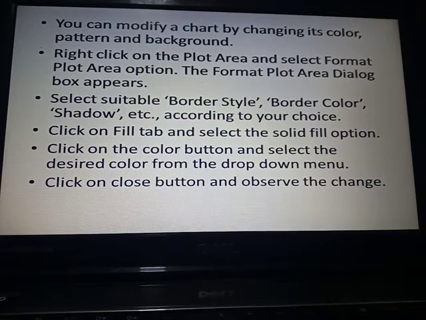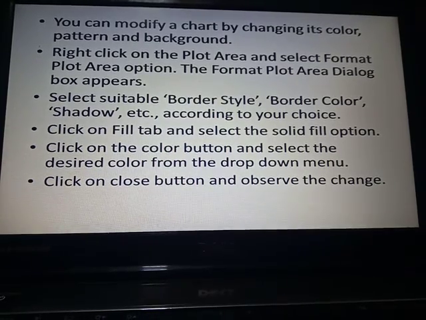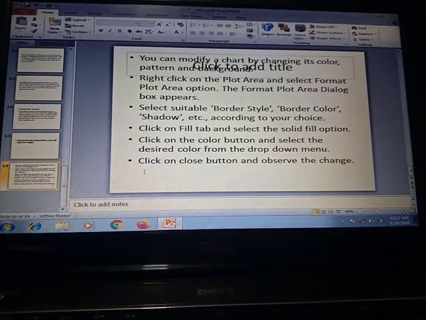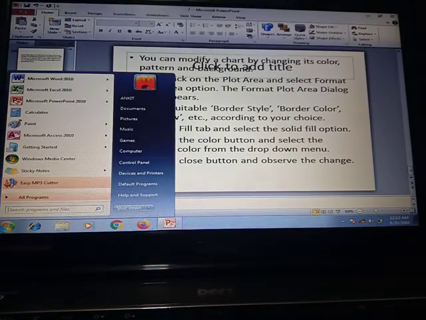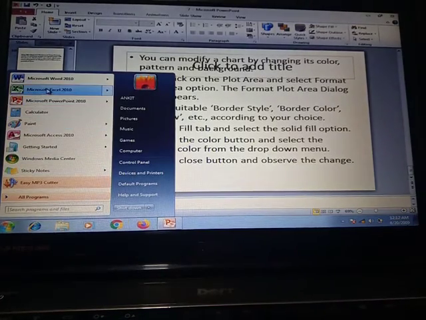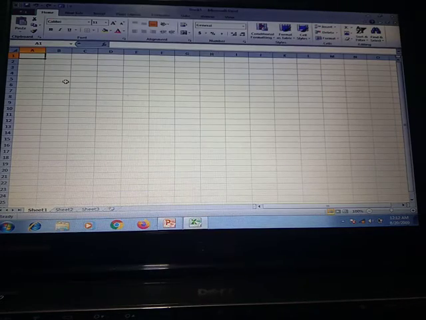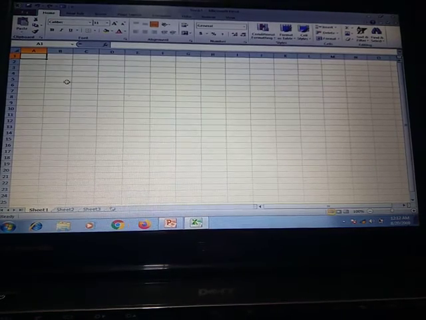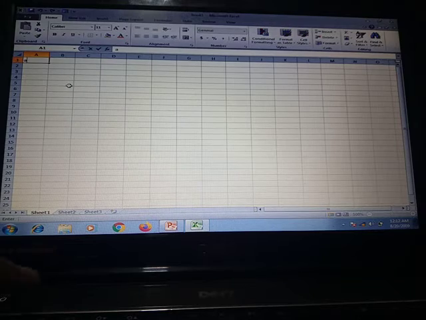So let's make it. First of all, you have to open MS Excel. Click on the start button, Microsoft Excel 2010. We have to enter some data to make a chart.